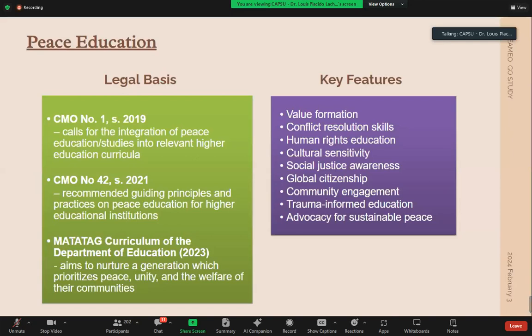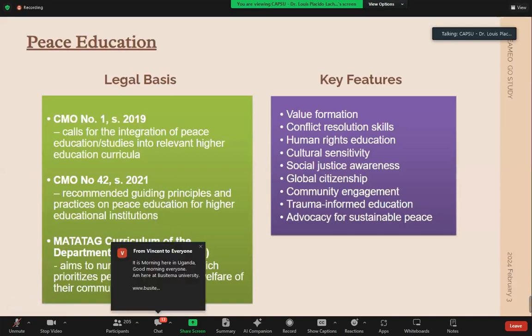The CHED Memorandum Order Number 42, Series of 2021, which recommended guiding principles and practices on peace education for higher educational institutions. And in 2023, the Matatag Curriculum of the Department of Education, the basic education authority in the Philippines,